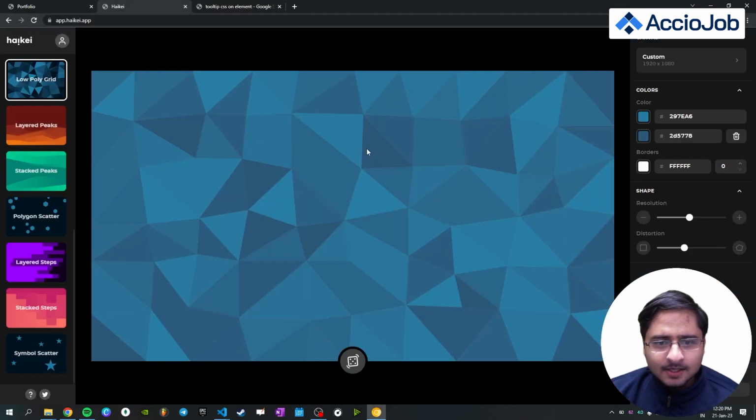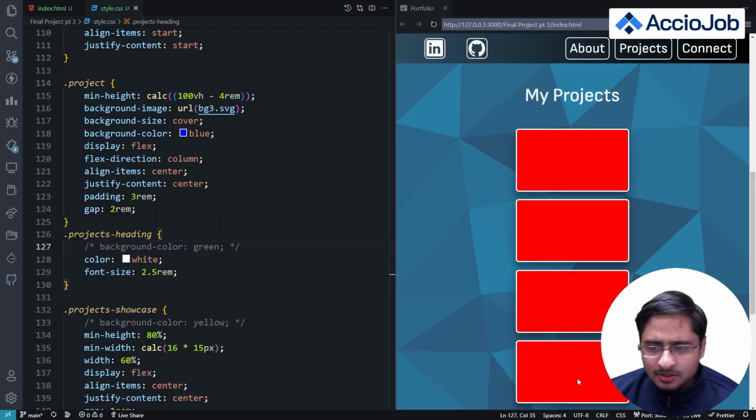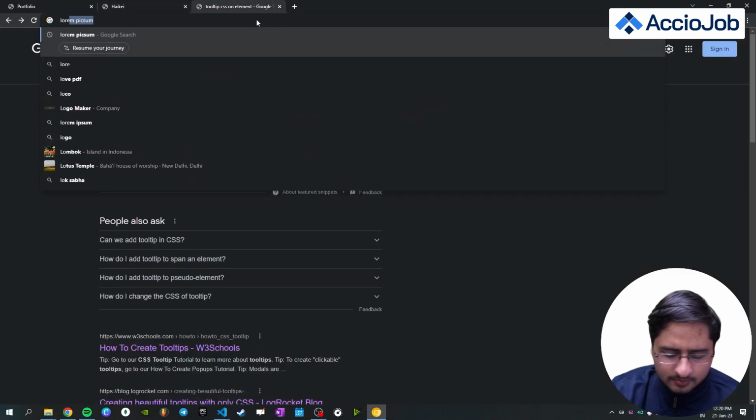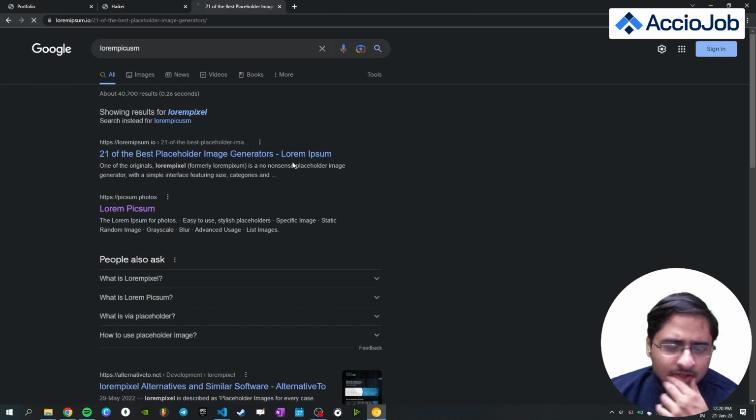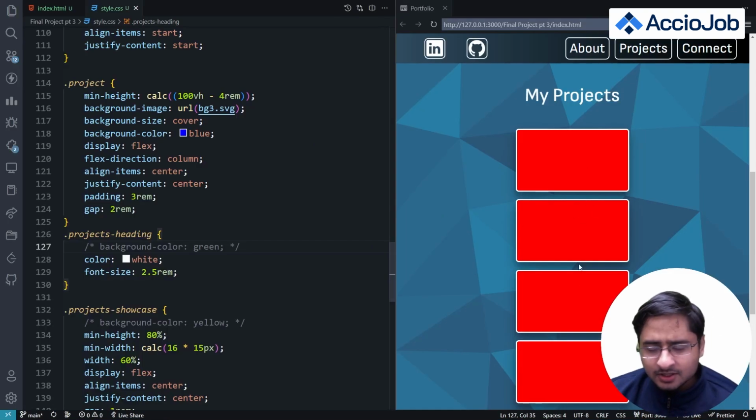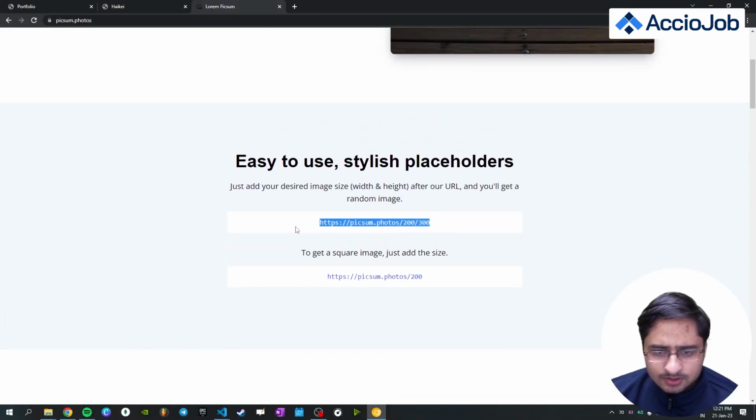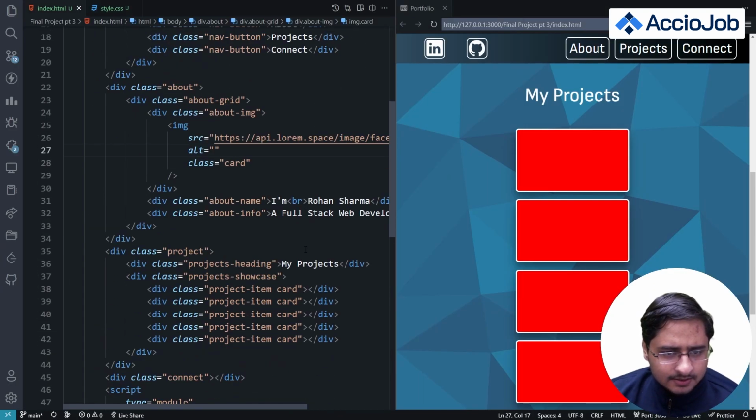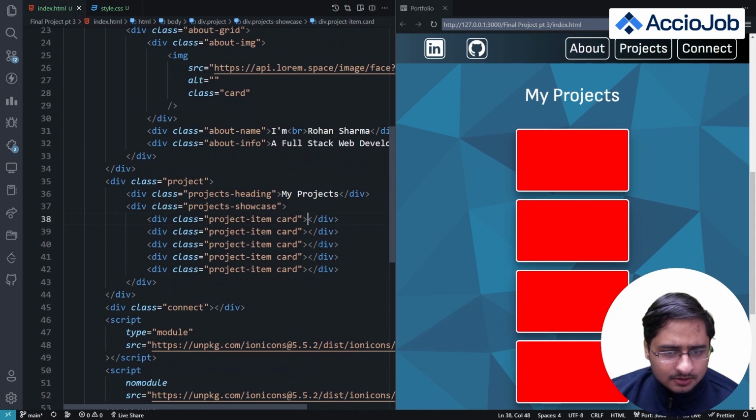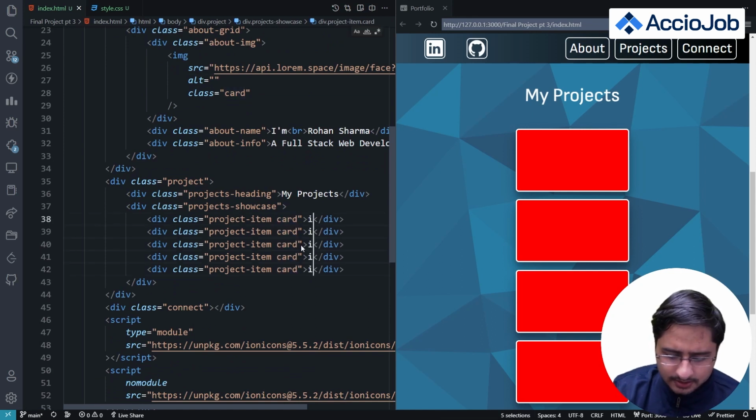So now what I want is some image in this, so I'll go to Lorem Picsum, this website. I'll choose random images, but you definitely get the idea that you'll be keeping your project screenshots here. I'll give it a pixel size of 200, and in this, I'll add an image for every project card, project item. I'll add the image tag,